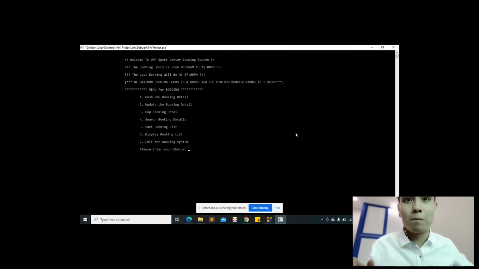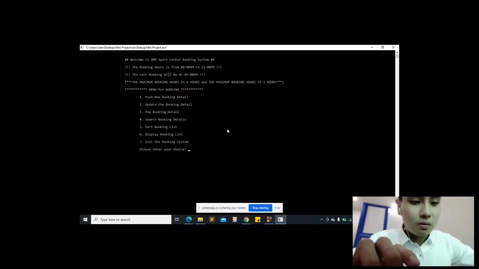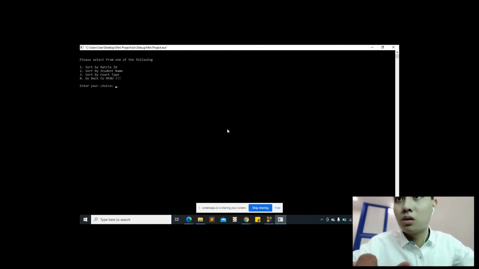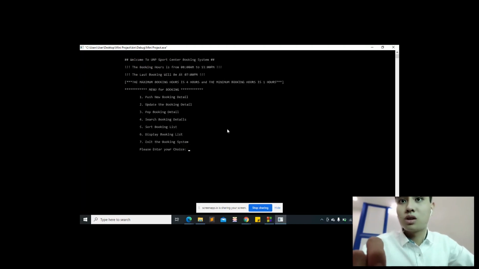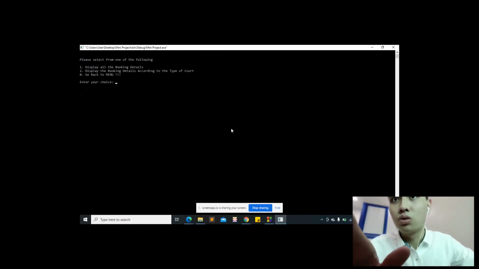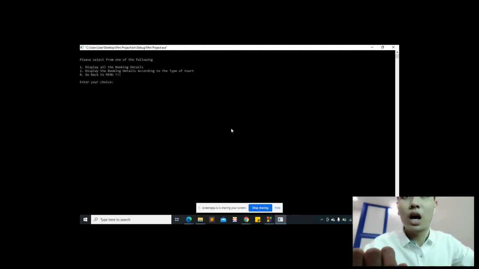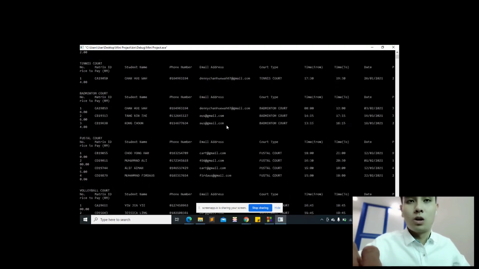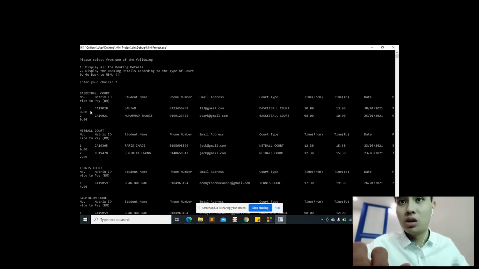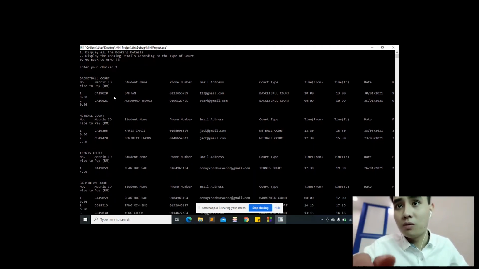Next one. Last but not least, I will show you the other types of display. But I have to change the sorting method. I choose 1, matrix ID. Then 6. Now I will choose 2, display the booking details according to the type of code. Now you can see the data is separated by the different codes.